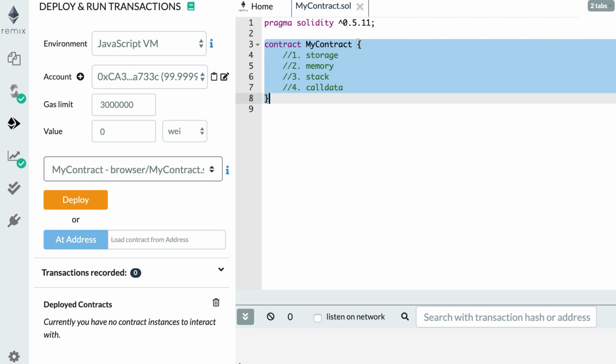Hey, this is Julian and you are on EatTheBlocks, and in this video I'm going to explain the different